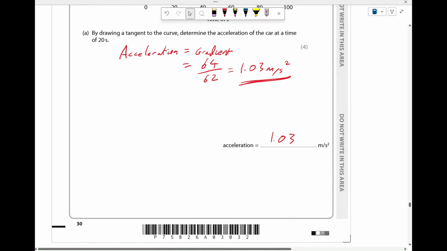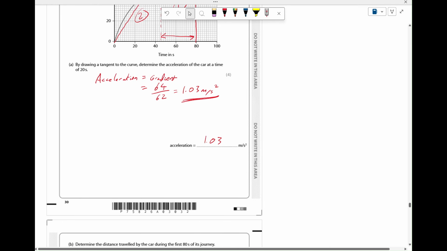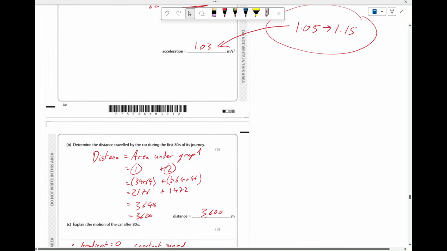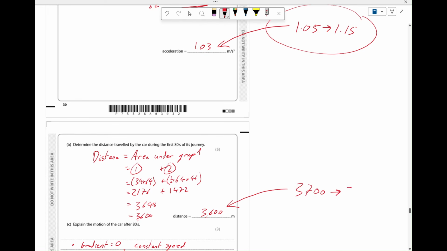Okay, sorry, I've just actually looked up the answers for these. I've not done this brilliantly, I do apologise. This one here, for full marks, needed to be between 1.05 and 1.15. Okay, so I'd have dropped a mark there, I do apologise. If you're doing that with a pencil and a ruler, hopefully you'd have got better than me. And this one here, I do think this is a bit mean. This one had to be within 3,700 to 3,800, so again, I think I'd have dropped a mark there. Ooh, yeah, tricky that. I thought I'd done okay, but apparently not. I'd have, yeah, dropped